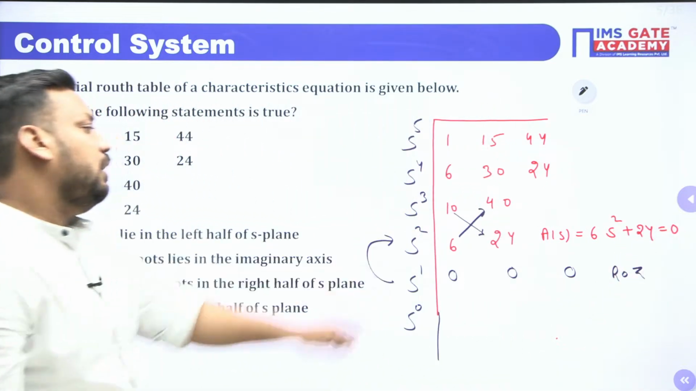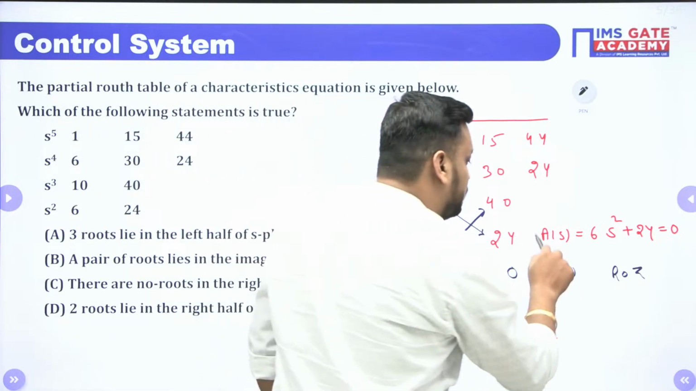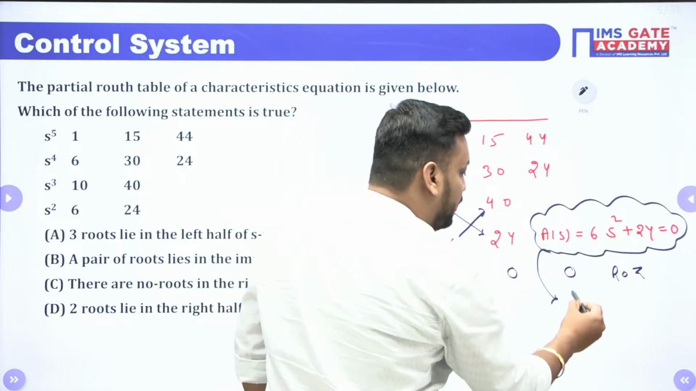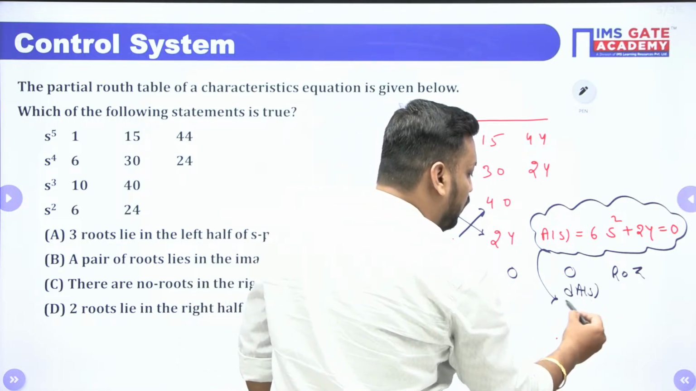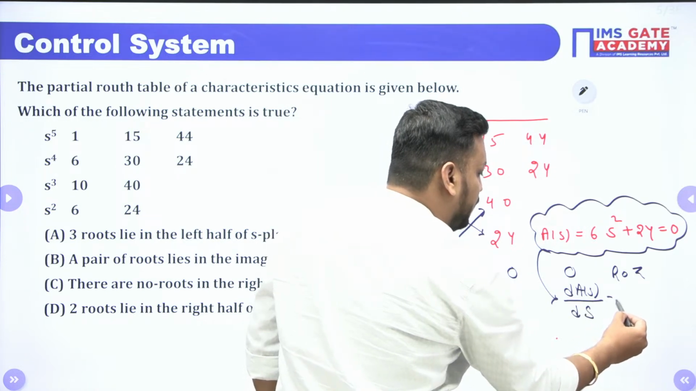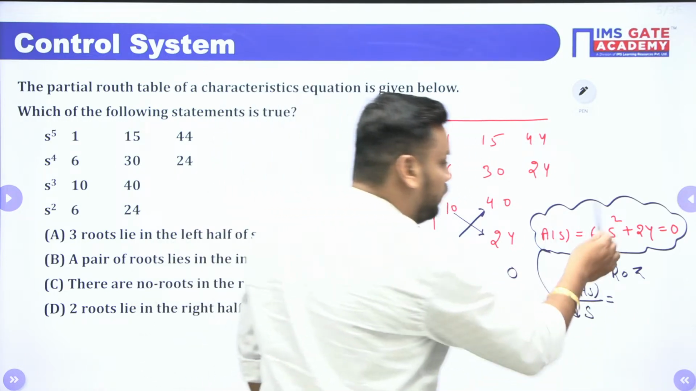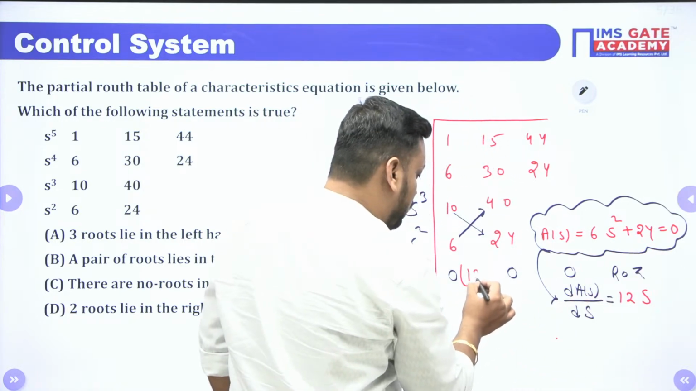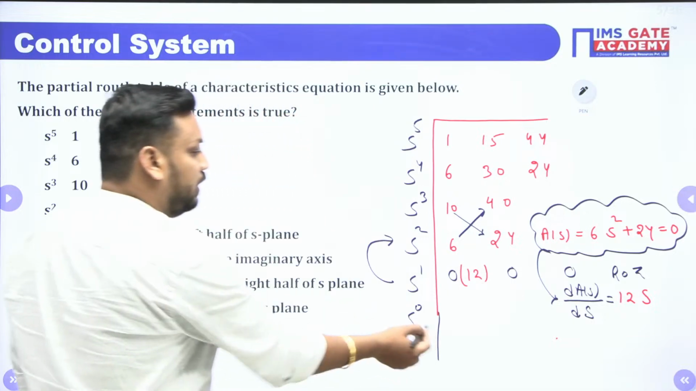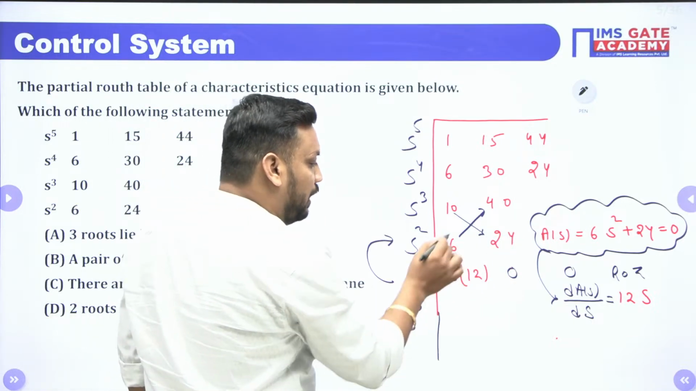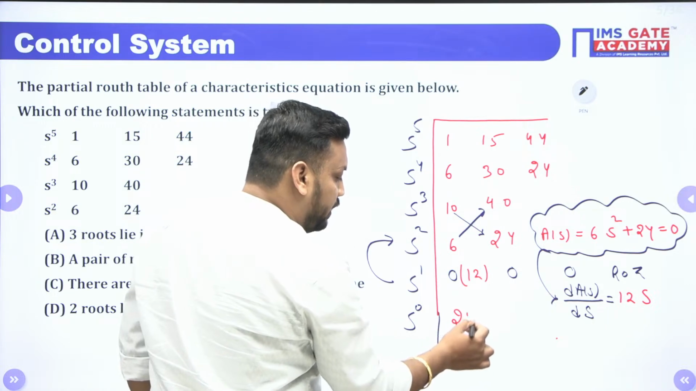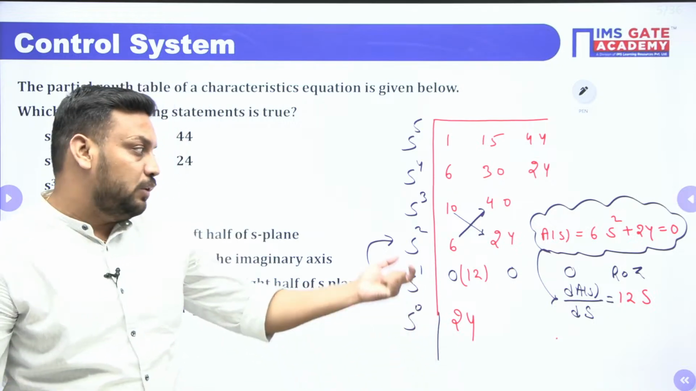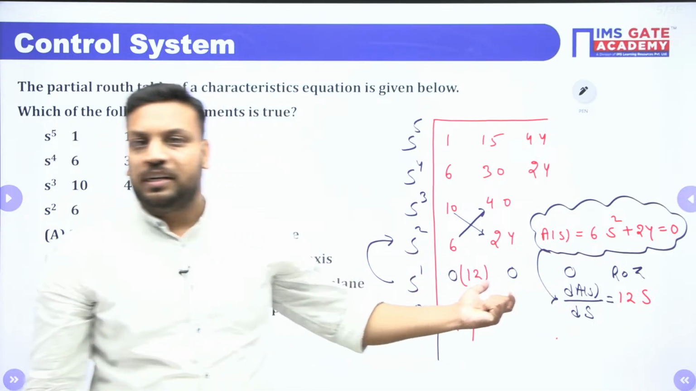So 6s square plus 24, and when you differentiate this auxiliary equation, you will get the new coefficients of the row of zeros. So when you differentiate it, what will you get? dA/ds. When you differentiate 6s square you get 12s, and 24 differentiates to 0. So here you will get the new coefficient 12. And finally here is what? 12 into 24 minus 6 into 0 upon 12. So you will get 24 here. Now student, the rule says that whenever a row of zeros occurs, no sign change, all roots